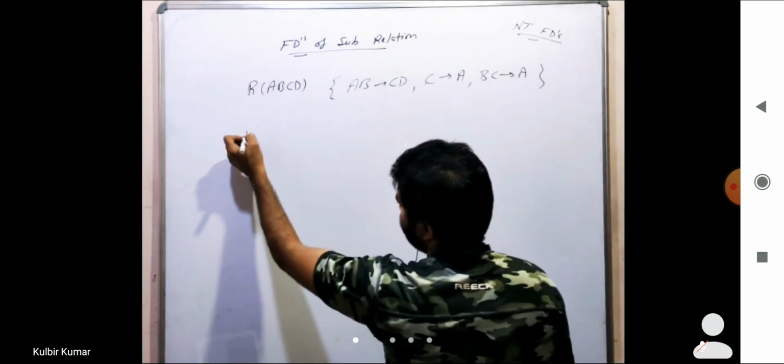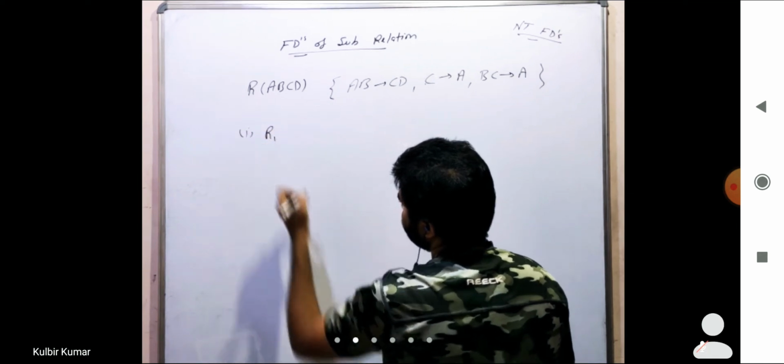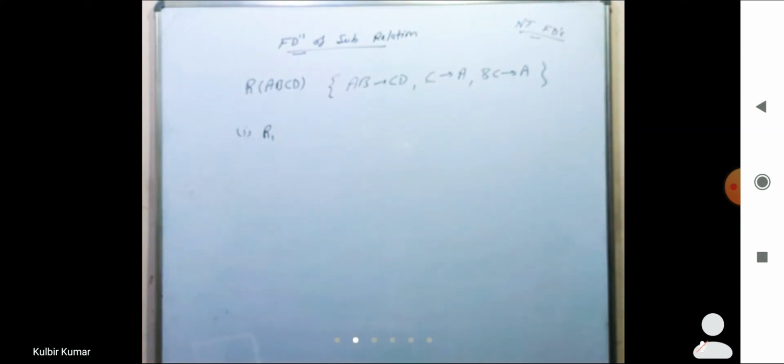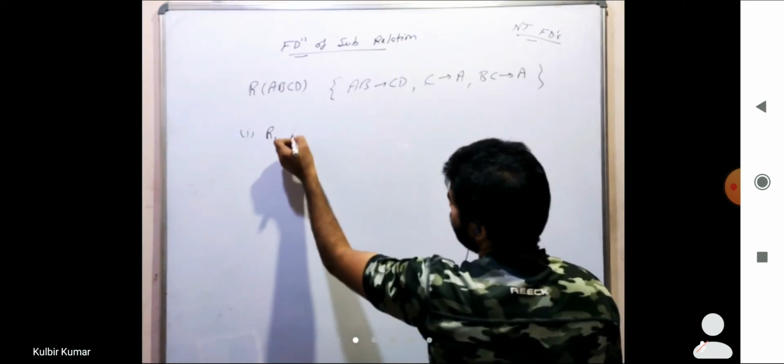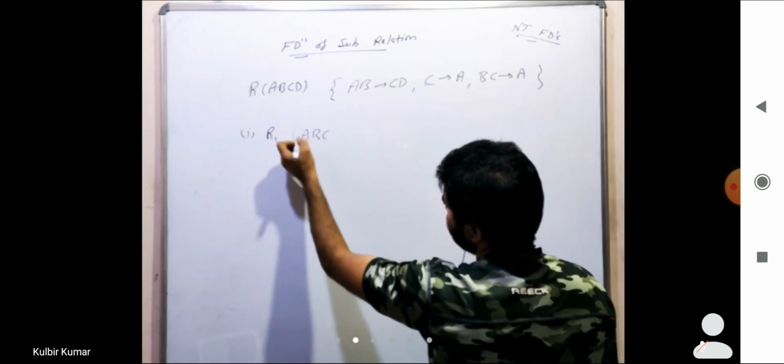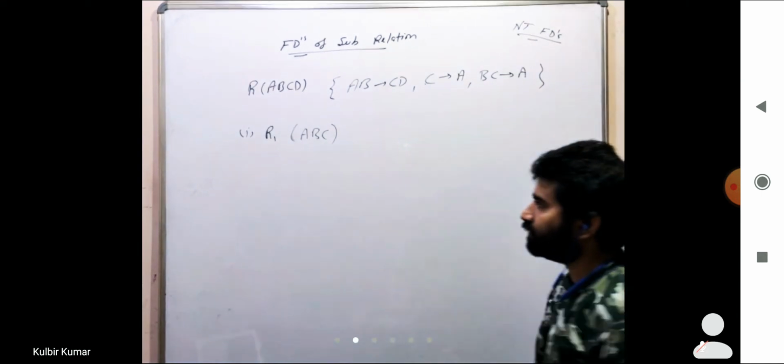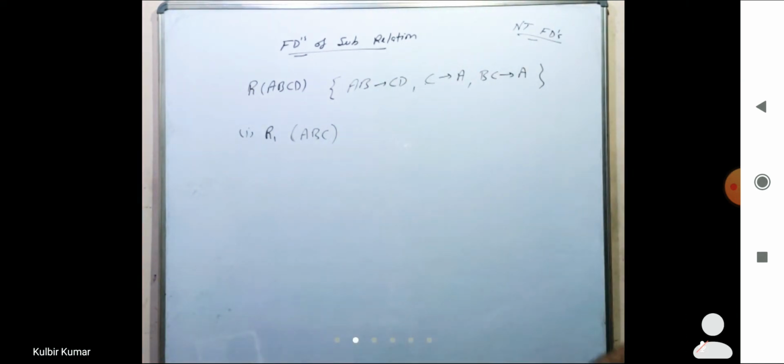Let me say it is sub-relation R1, and in R1 it is ABC: A, B and C. These are the three attributes given. Then find out the